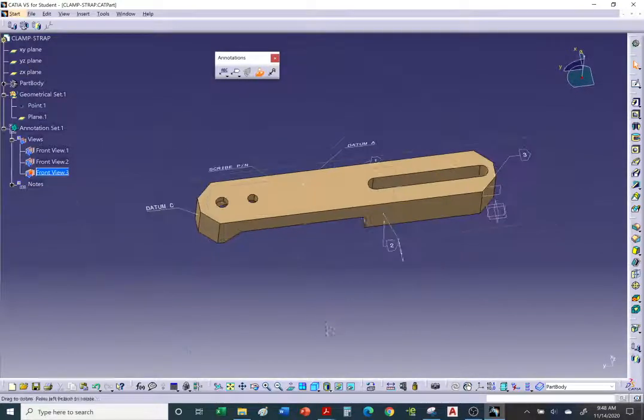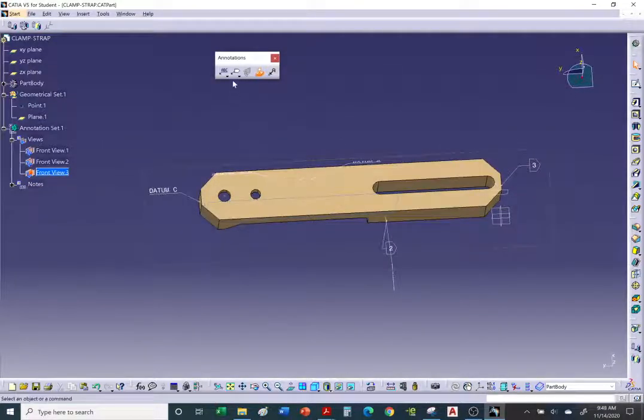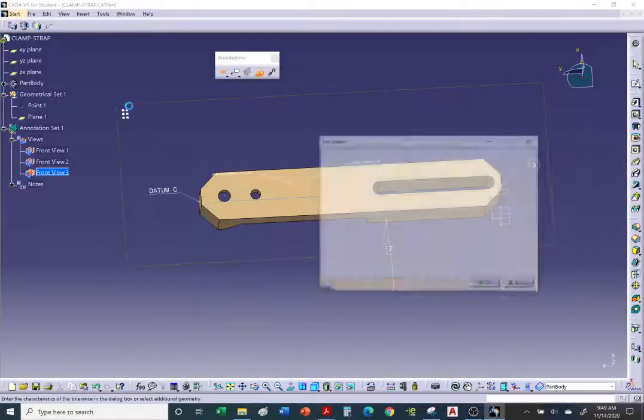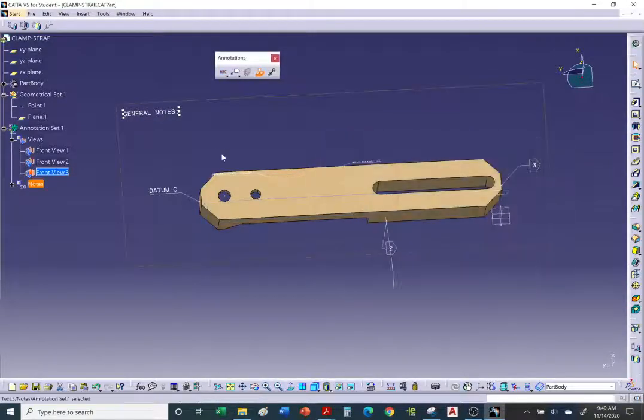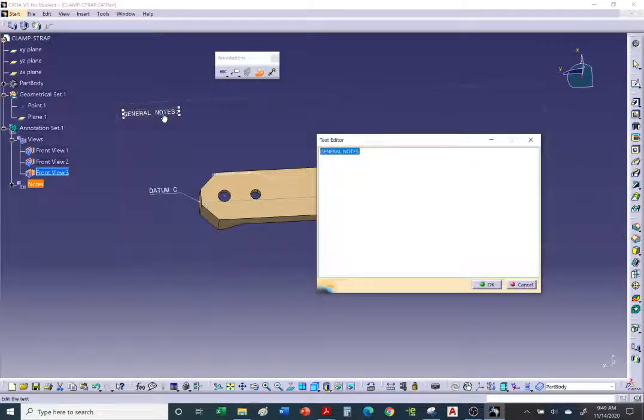All right, so another note I'm going to use is the general notes. So let's go ahead and add general notes. It doesn't matter which view frame. Oh, I hit enter, so I exit it. Let me go back and double click. Hit control enter, so it'll go to the next line. Let me start over. I overwrote